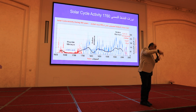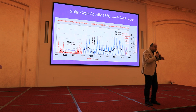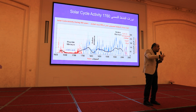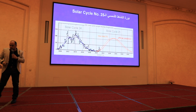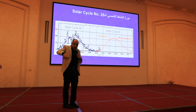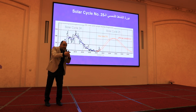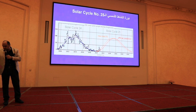Our 25th cycle, is it going to match the previous cycle? Is it going to exceed it, a better peak, a higher peak, or will it be lower? This is what we are going to study in the other project. So the official prediction of the maximum of our 25th cycle is this one. We are going to fit our results with the expected